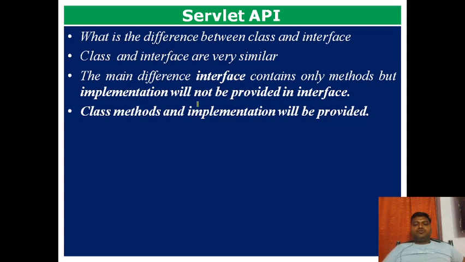Now we are going to see the servlet API. What does API mean? Application program interface. So there is a servlet API. What is the difference between an interface and a class? A class provides implementation details when it mentions the method. So a class contains the method as well as the implementation. If you implement a class, you have to stick with the implementation provided in the class. Whereas in an interface, only the methods are mentioned, but not the implementation. So you can choose your own implementation.